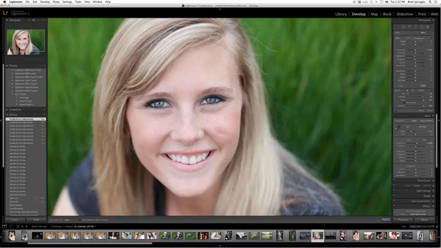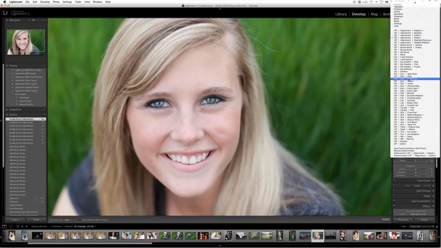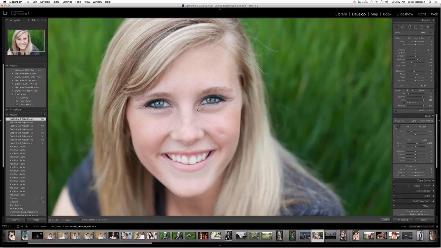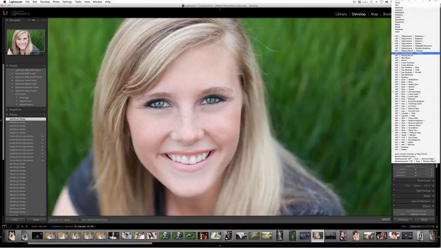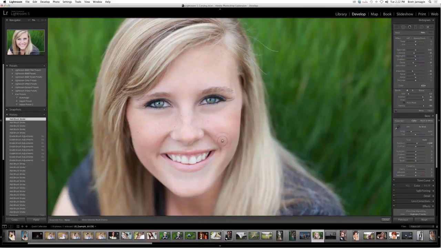And then my OCD is getting the best of me, so I need to go in here and go to eyes, remove bags, and just paint that off. We have a scar removal brush as well, or scar reduction brush actually, but this remove bags brush works on just about any area that is darker than what surrounds it. And then we could just go to the beauty brush and paint this off the rest of the skin. Now with a big scar like that, I'd probably use the heal tool or the clone tool, but just to give you an example of how to use that